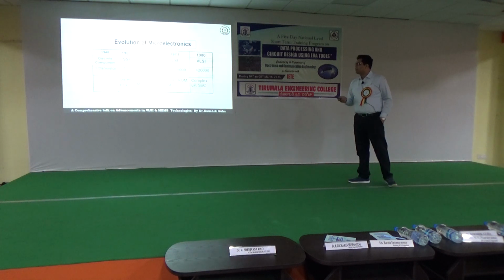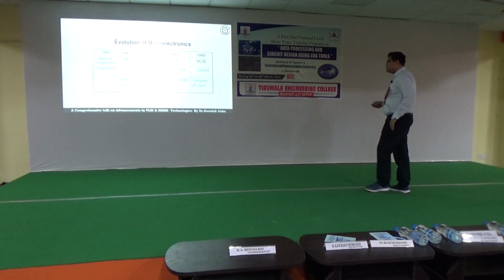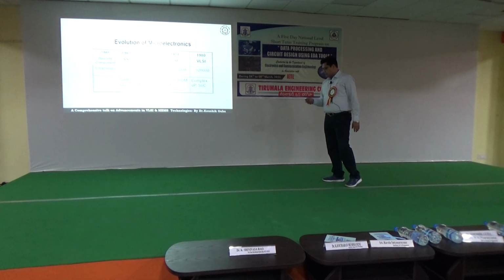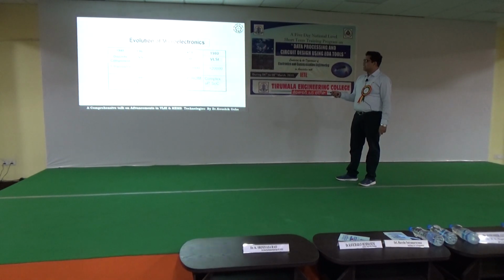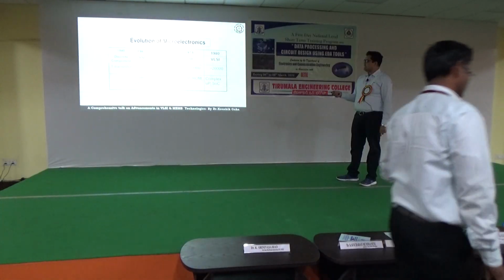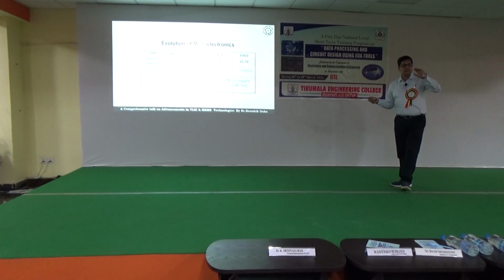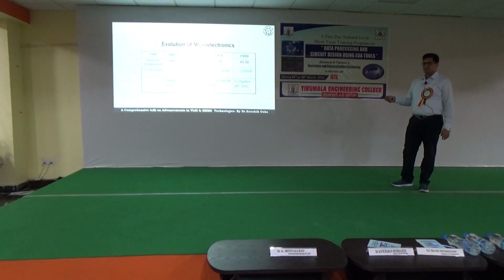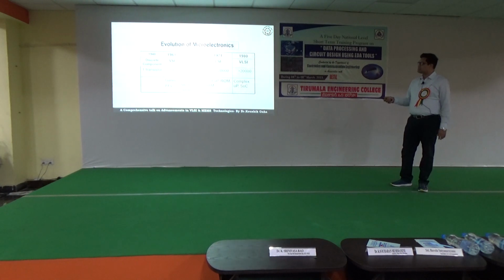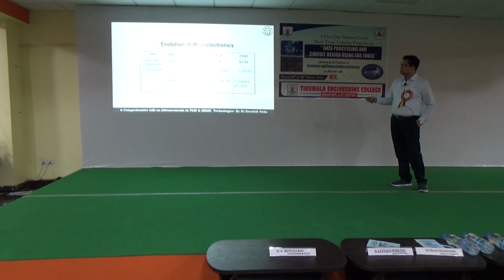Now the evolution of microelectronics, you see, from 1948 to 1980 there is a big journey. In 1948, the first transistor came, only one single transistor. Then 1961, this is called SSI, small scale integration. It actually comprises almost 100 of these transistors, and some gates and flip-flops were the concept. It was designed with this number of around 100 transistors.